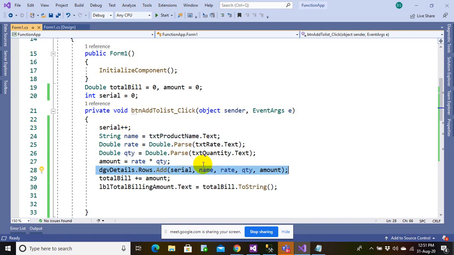Name, rate and quantity are coming from text boxes, and amount is auto calculated. Once that is populated onto your data grid view, I am also calculating the total bill, and showing that total bill amount on the label control.